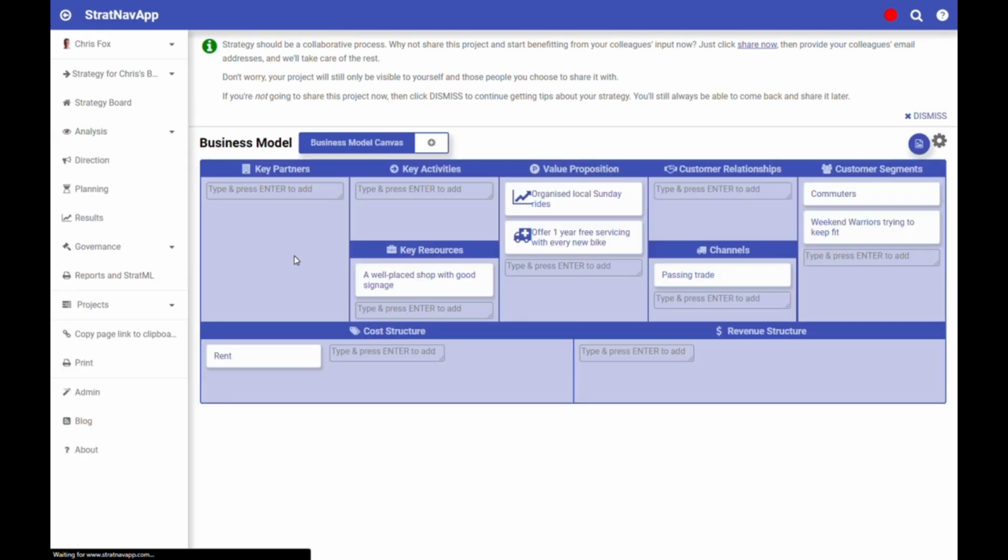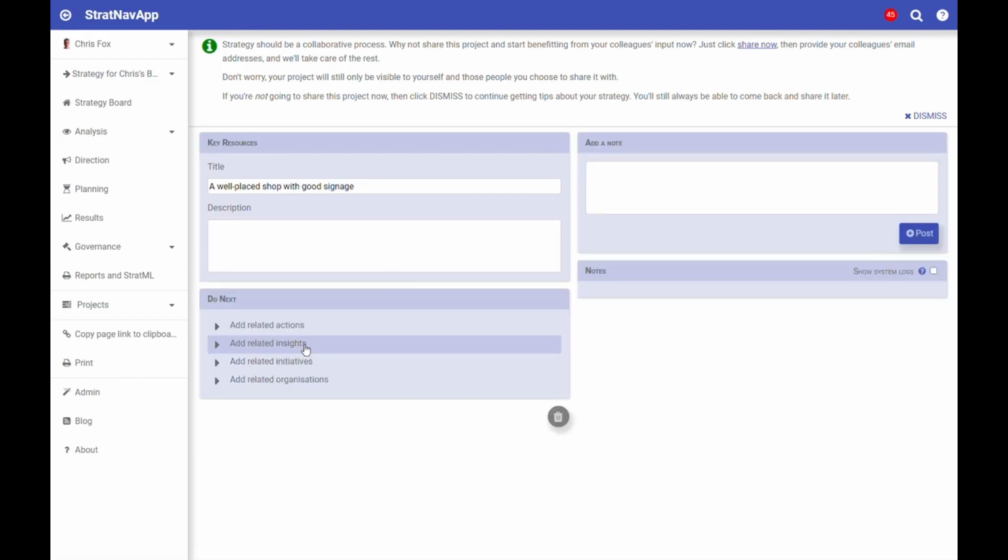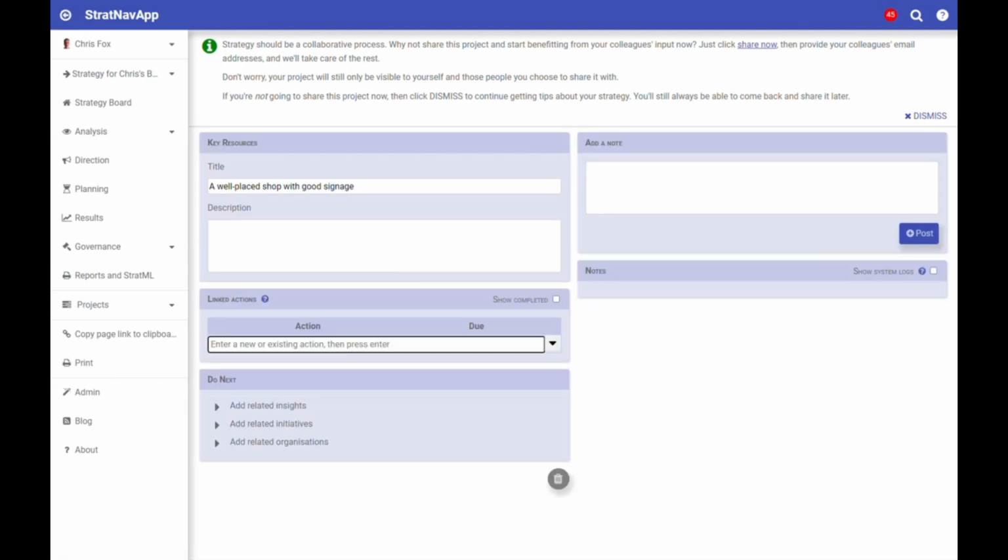Similarly, I could go to my key resource, a well-placed shop with good signage, and add another action to research average rental costs in my local area.